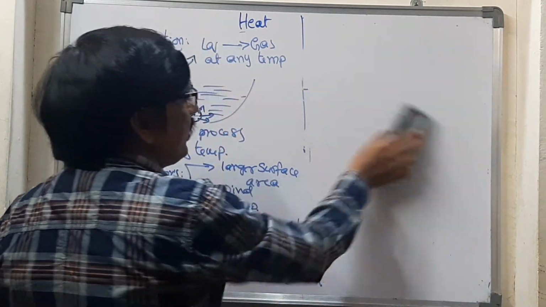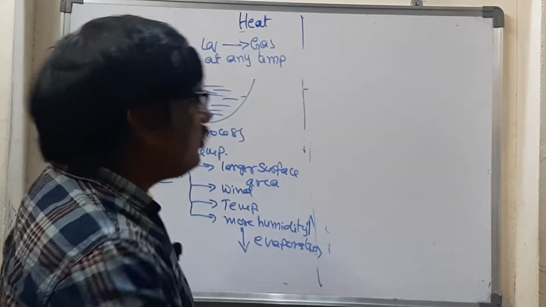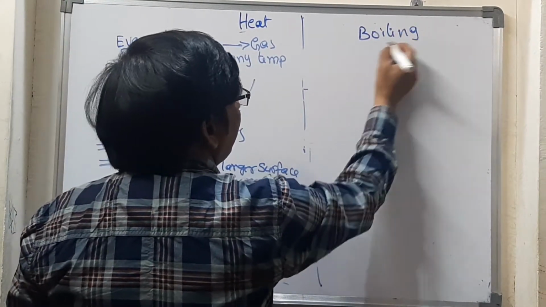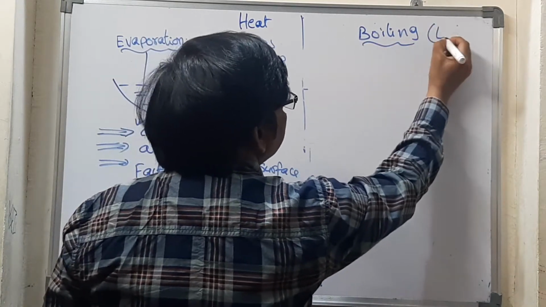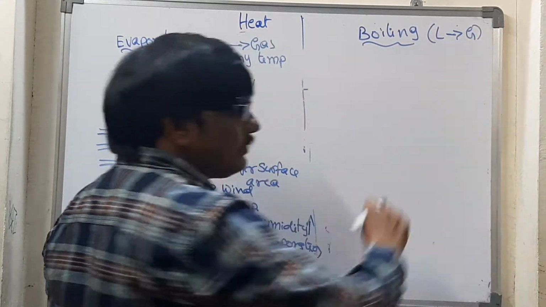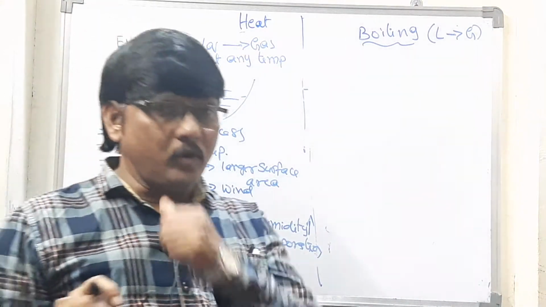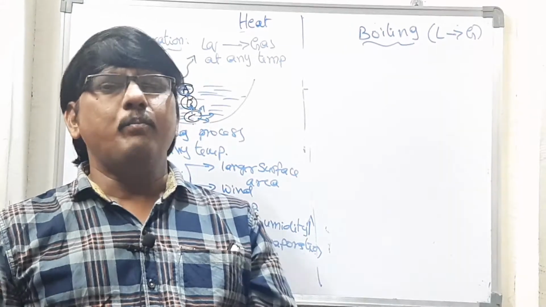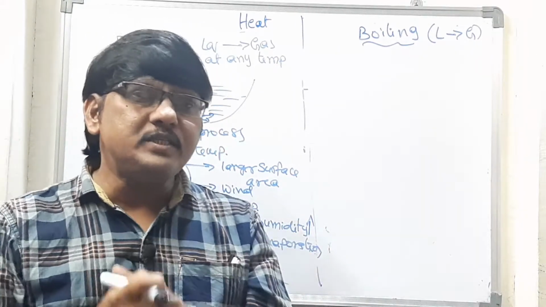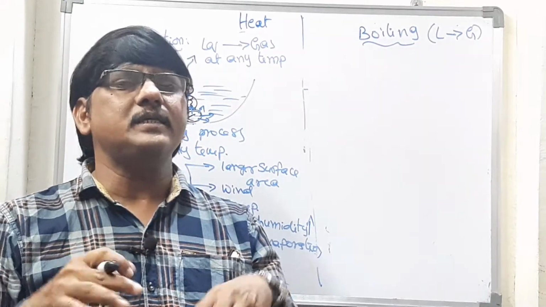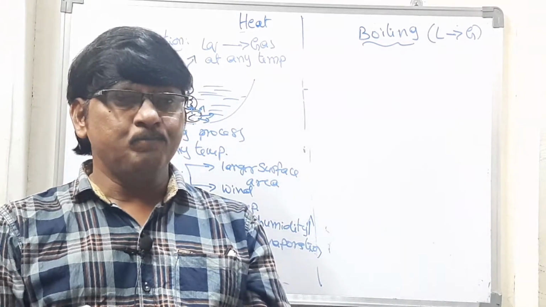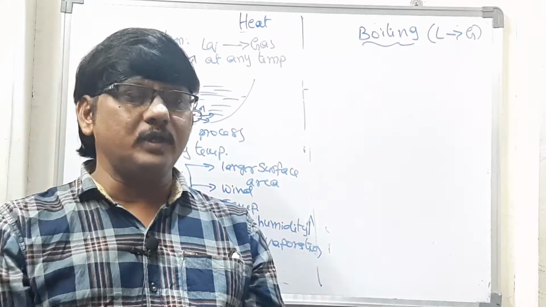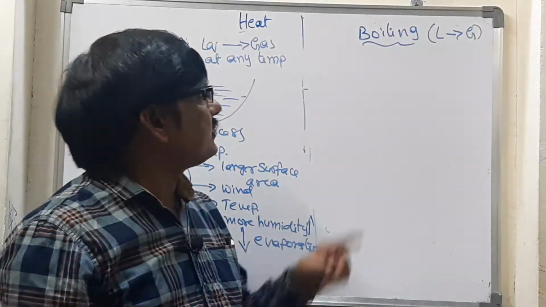So what is meant by boiling, those things we will see. The most important point: boiling and evaporation are the same, because both convert the liquid state to the gaseous state. What is meant by boiling? It is the process of converting liquid state to gaseous state by external energy. External energy means boiling cannot take place on its own. When we supply heat, the molecules will get energy, and they will escape into the atmosphere. This process we call boiling.